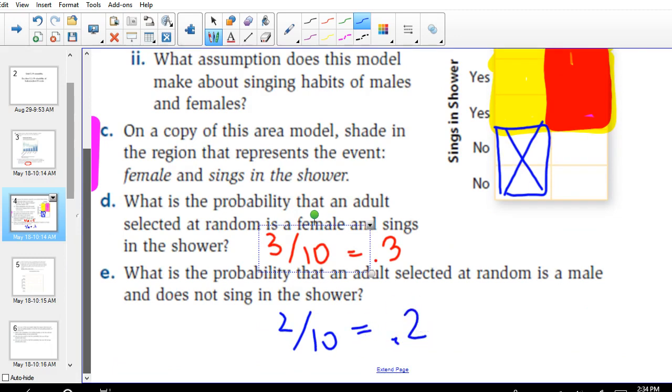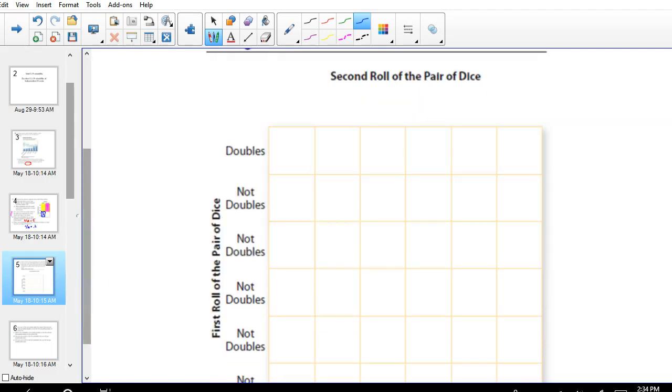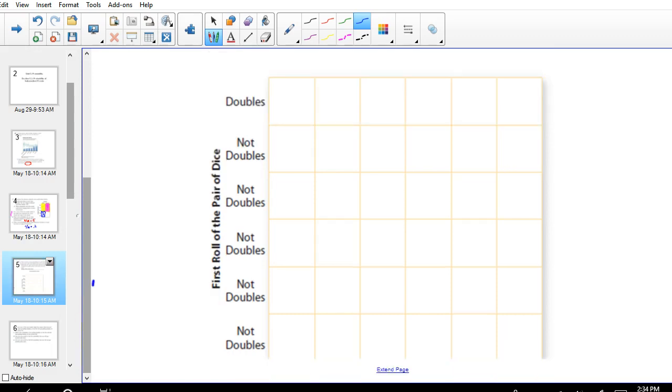Okay, so area models can be helpful for something like this. Here's just another situation. Consider this problem. What is the probability that it takes exactly 2 rolls of a pair of dice before getting doubles for the first time? Explain why it makes sense to label the rows of an area model as shown below. We see here we've got the first roll, with doubles and not doubles. The second roll, well,